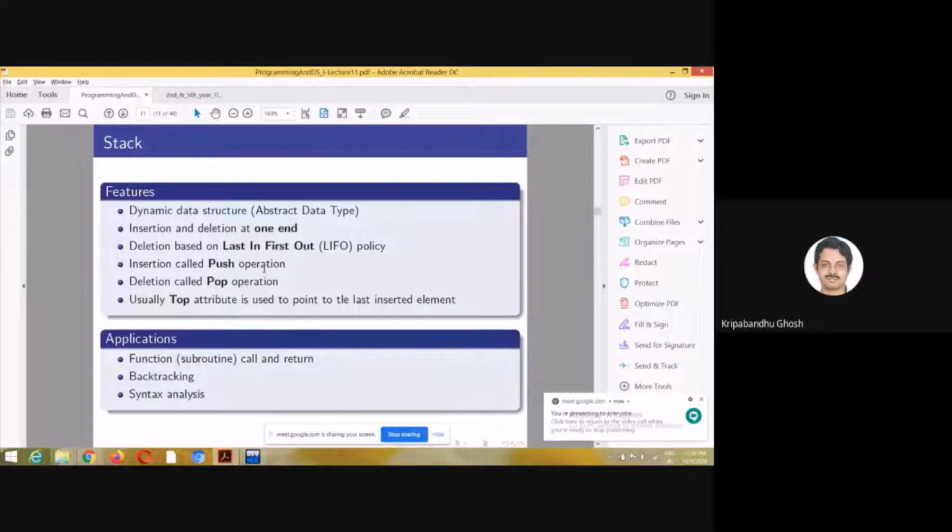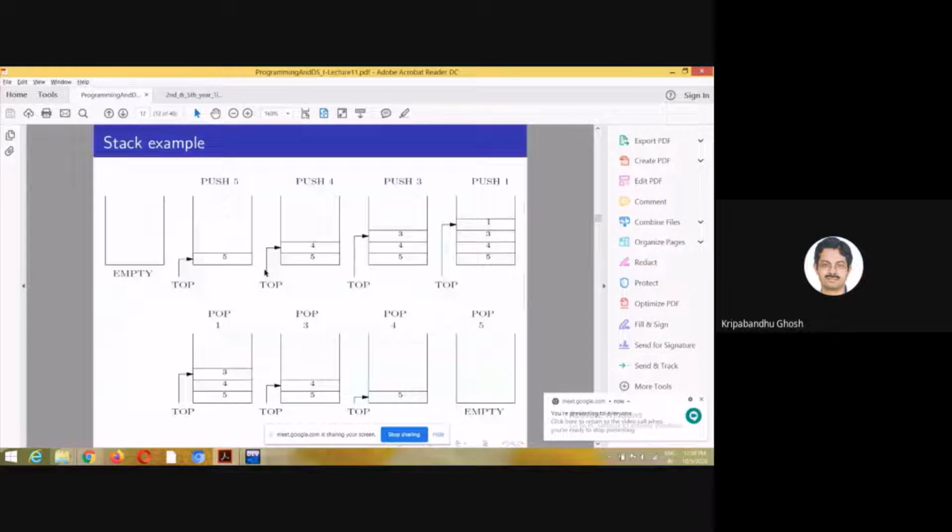So we started to talk about stack in the last class, and I showed you one example of stack.